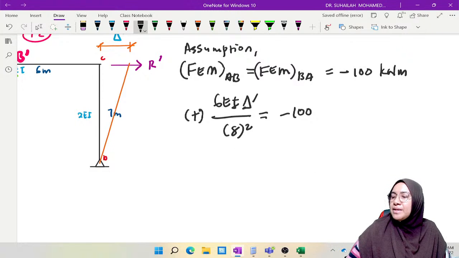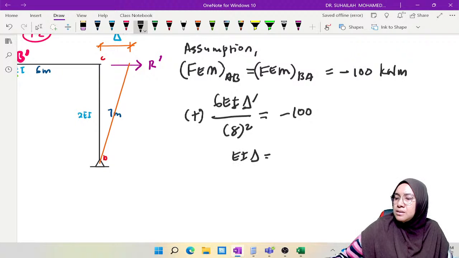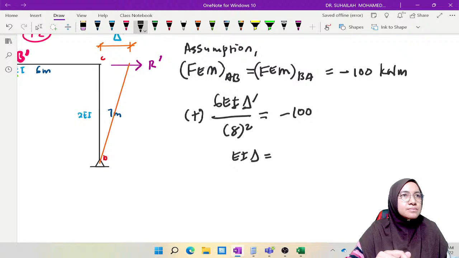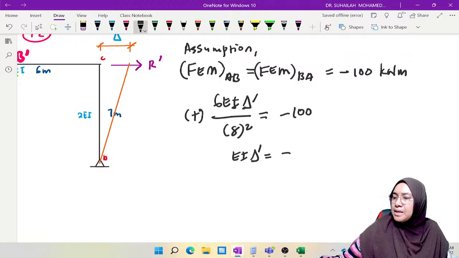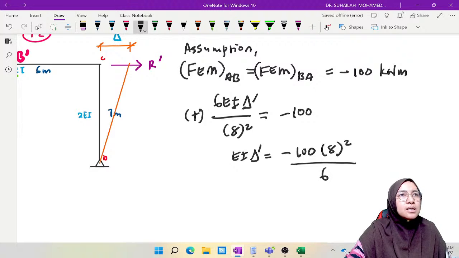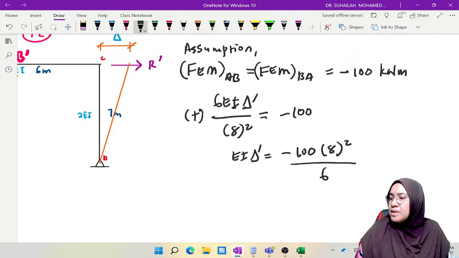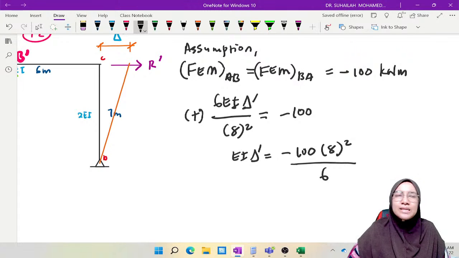So having this, we simplify this as EI delta prime, and it is negative 100 times 8 square divided by 6. So EI delta prime is equal to negative 100 times 8 square divided by 6. This is EI delta prime, and then this EI delta prime will be substituted into